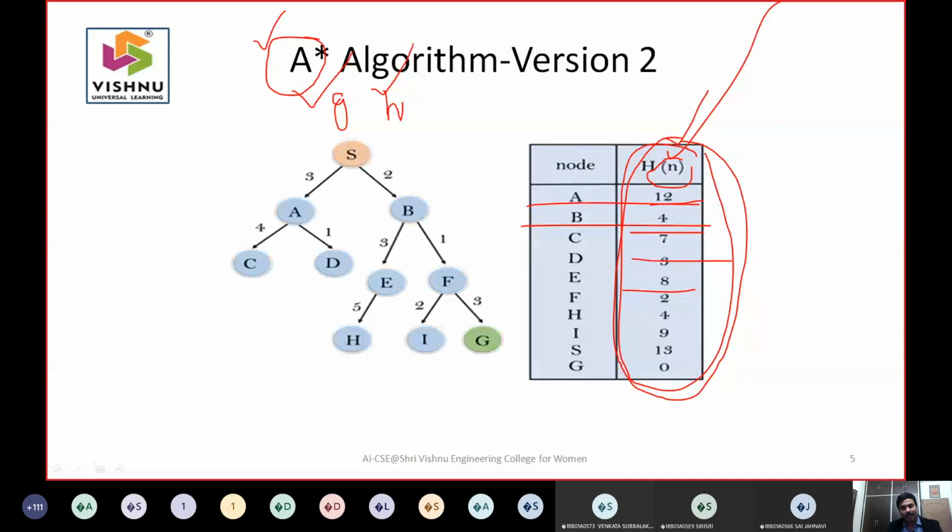But largely the A star algorithm is successful when this prediction has happened correctly. So h of x value has to be precise, then only your A star algorithm can do better.